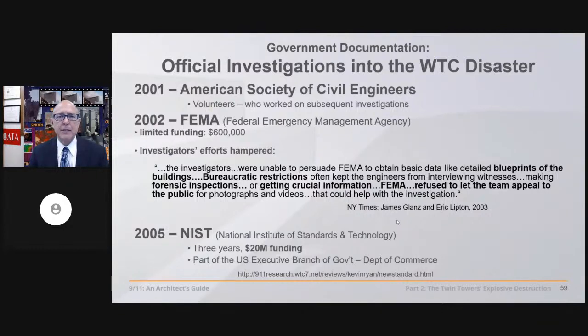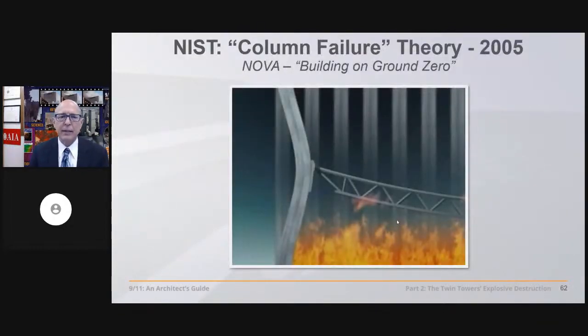And we'll look and see what they came up with. But essentially, their theory is that large quantities of jet fuel caused massive fires, which heated up these floors, which sagged, which then pulled on these perimeter columns. And so that was quite a problem.